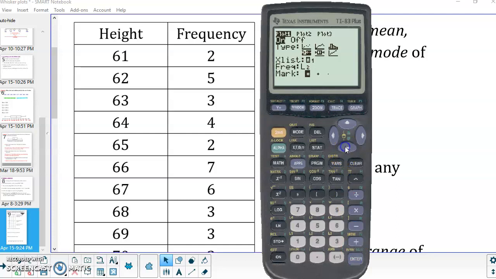Now the other important thing here is to make sure that in your frequency you're pulling in L2 to tell it that you've got a frequency list. So I already have that accounted for. So again, you need an L1 here and L2 here. Now I can go ahead and graph it. I'm going to hit Graph. Your graph might not show up when you do this, so what you need to do is go into Zoom and then go into ZoomStat,